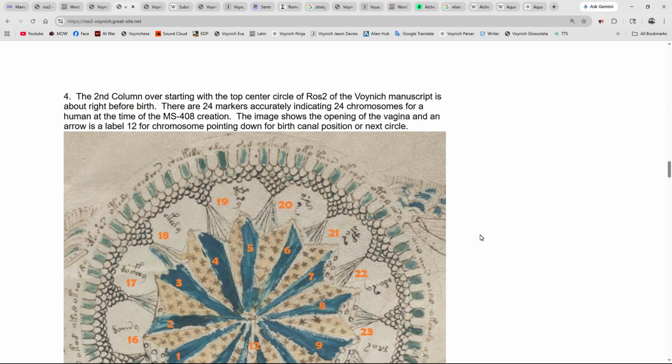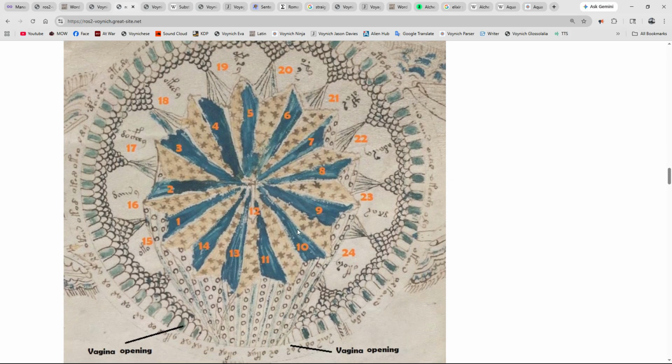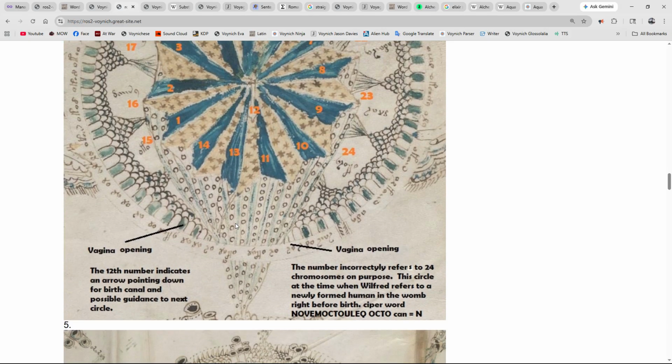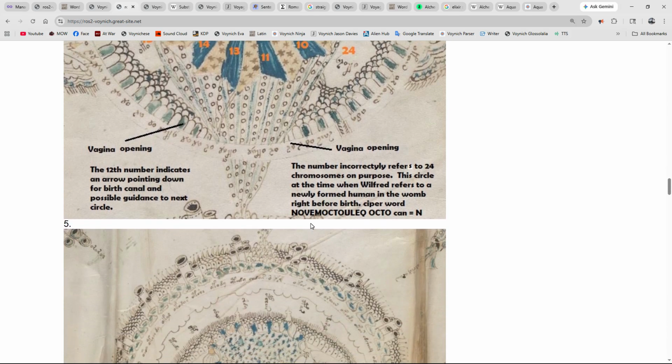There's really 23 chromosomes. That was later proven in 1956. On the 12th chromosome, we notice an arrow pointing downward. And this is the vagina opening. And the cipher word is novum